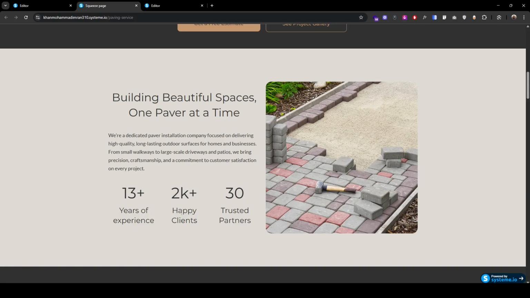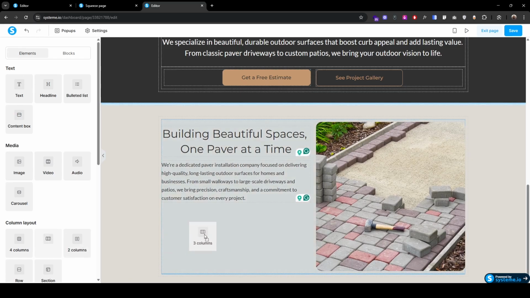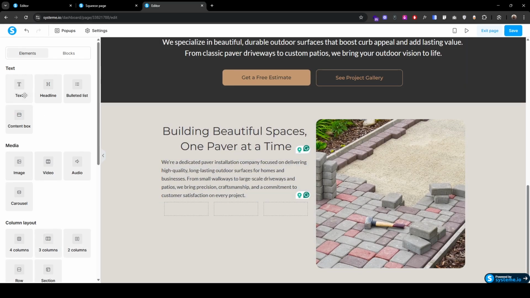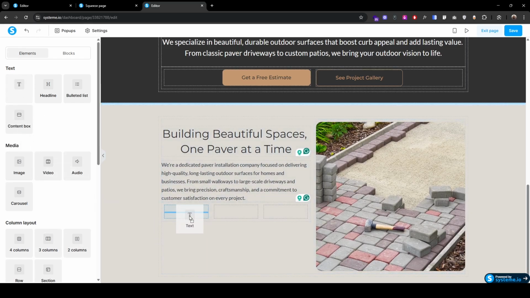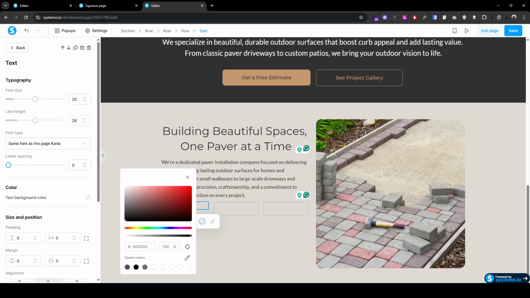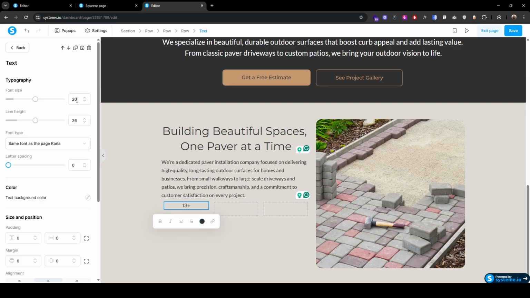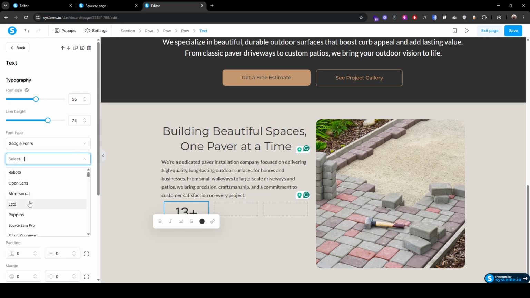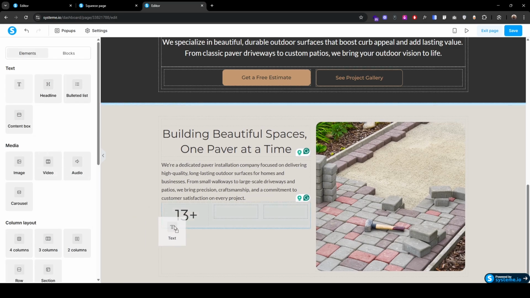As you can see, it's in the 3-column. So drag this 3-column, drop it here, insert this, add text, select it, write 13 plus, again select it, change the font color to, increase the font size to 55, line height 75, font Google, Montserrat, add this text element,